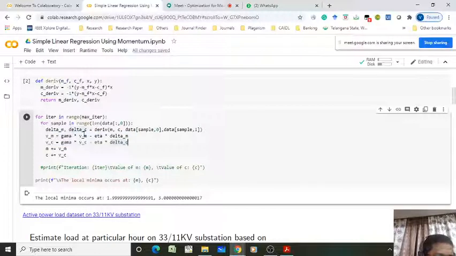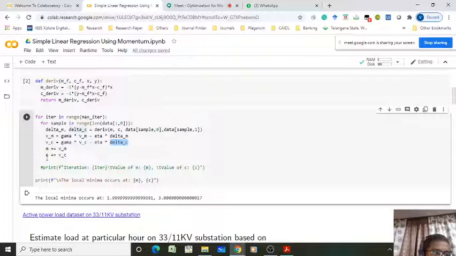Vm equal to gamma into Vm minus eta into Gm, that is the gradient with respect to m, and Vc equal to gamma into Vc minus eta into the gradient with respect to c. Once the velocity is calculated, the next step is to update the model parameters: m equal to m plus Vm, and c equal to c plus Vc.